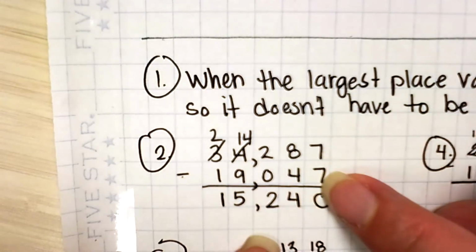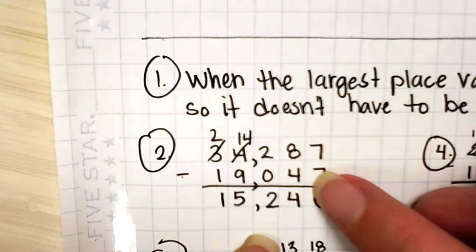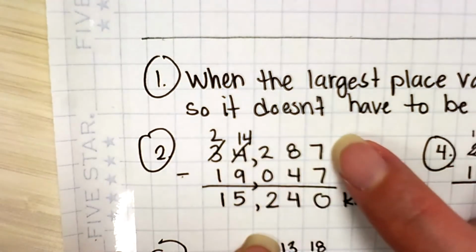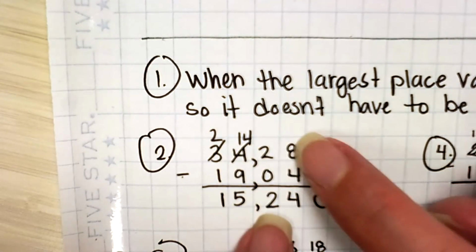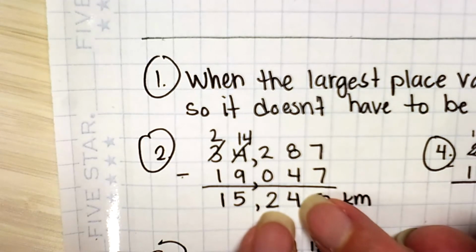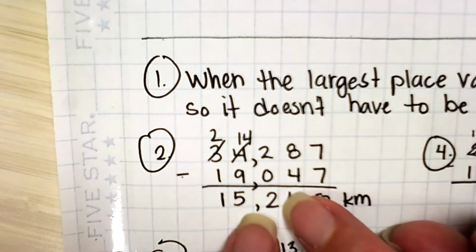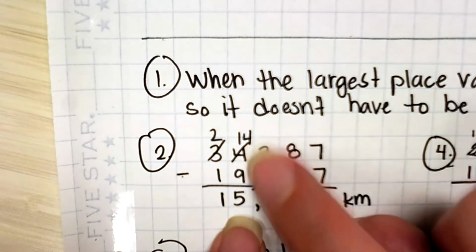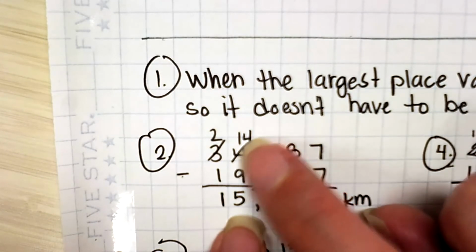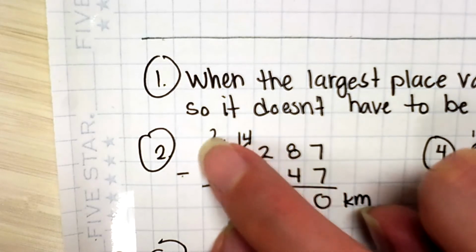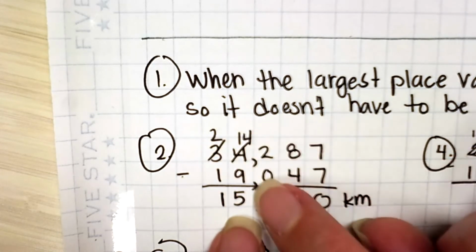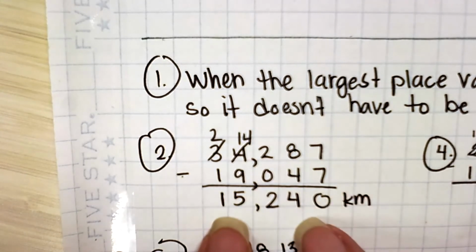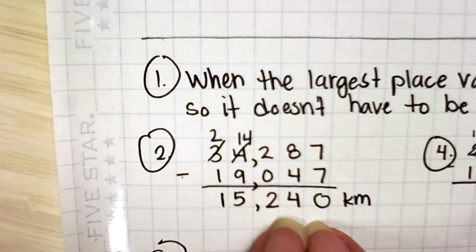Again, I stacked by place value order, my ones on top of my ones, tens, hundreds, thousands, and 10,000s. So 7 minus 7 gave me 0. 8 minus 4 gave me 4. 2 minus 0 gave me 2. Now, I didn't need to start regrouping until I was out in the thousands place. I couldn't do 4 minus 9, so that became a 14, and that 3 became a 2 because I borrowed from there. 14 take away 9 gave me 5, and 2 minus 1 gave me 1. So the difference is 15,240